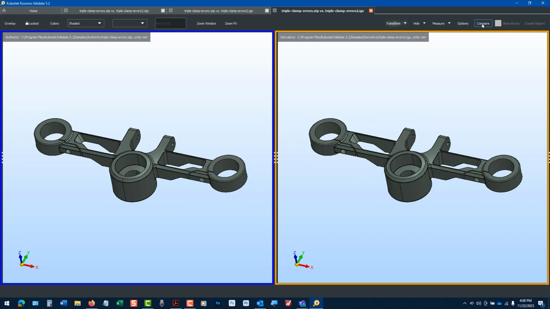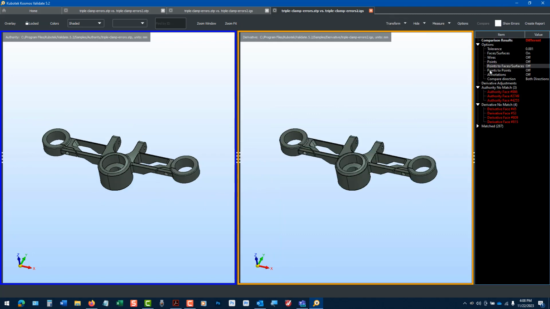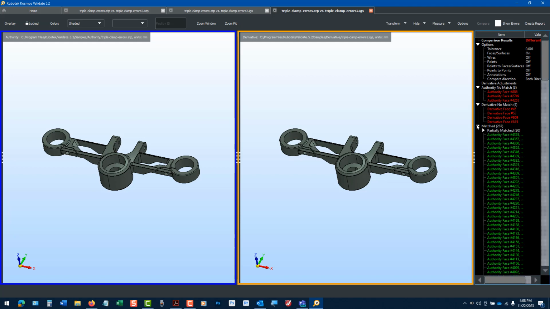Let's click on the compare button and the software opens up the comparison of the two models. Anything in red has fallen outside of the limits of the tolerance that we specified. It will also show you all the other entities from the model that were checked.